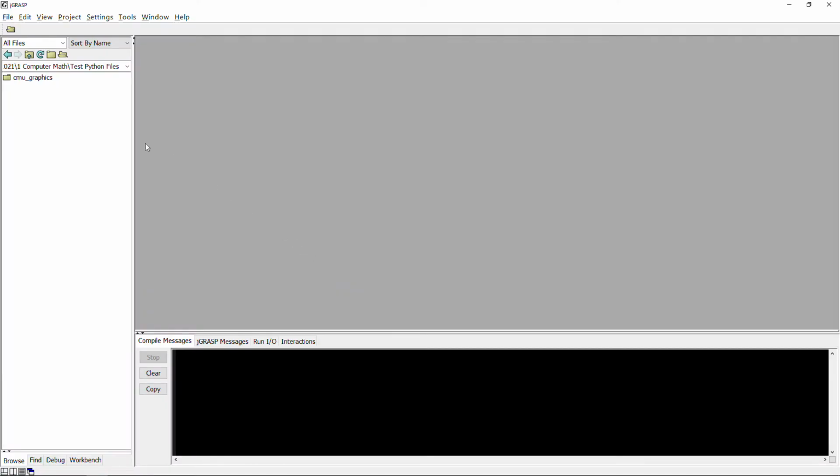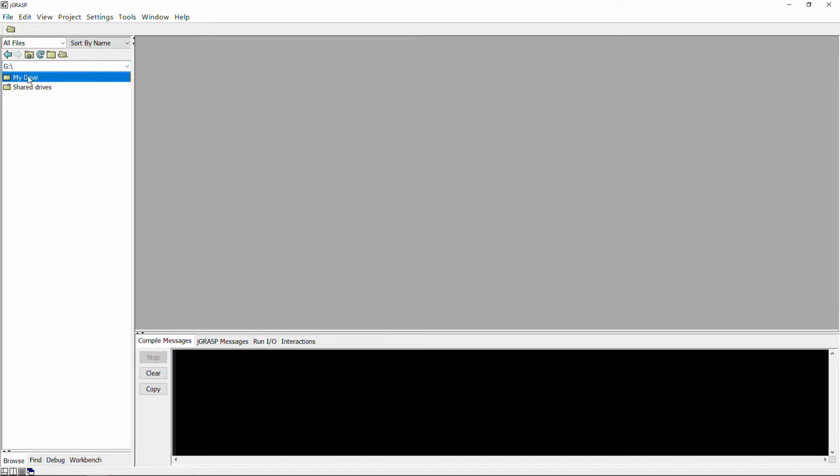So in JGrasp, hopefully you guys have it open. First thing I'm gonna check here is this whole shenanigans, because apparently some of you guys can't read. So let me explain once again. This right here is sort of the directory folder. It kind of gives you an idea of where you're saving all your files. Mostly it'll be something like this, where it'll say This PC with a whole bunch of drives here. You may need to scroll down to find the Google Drive file. Mine is called the G drive because I personally changed it. Most of you will have the U drive instead, but just find where it says Google Drive or Google Drive File Stream, whichever is the case.